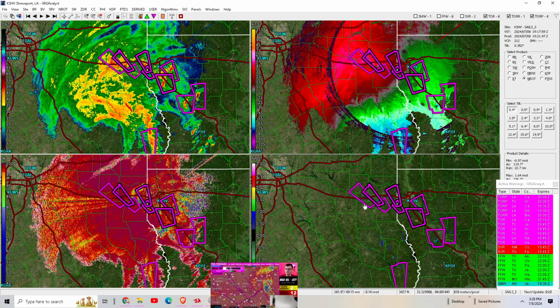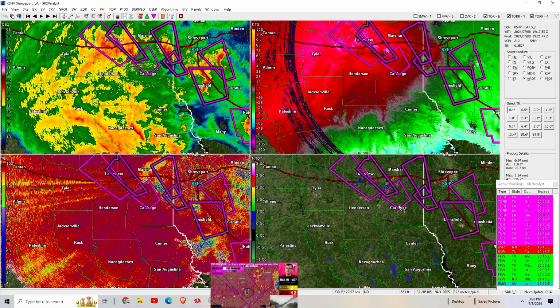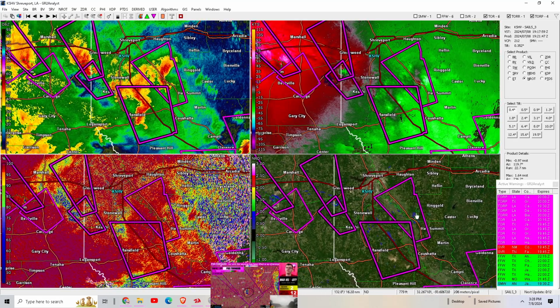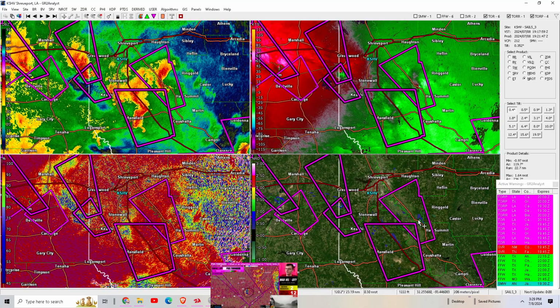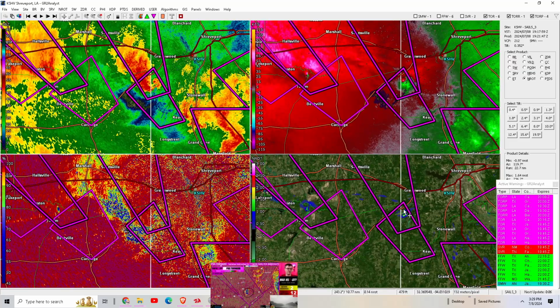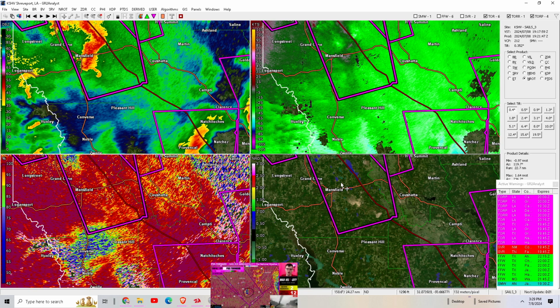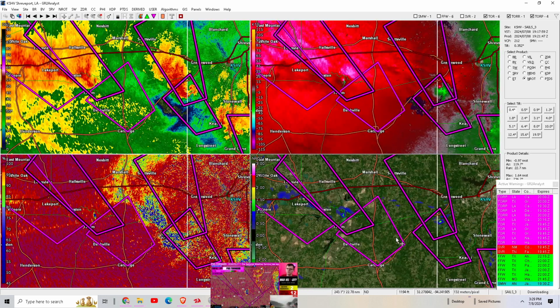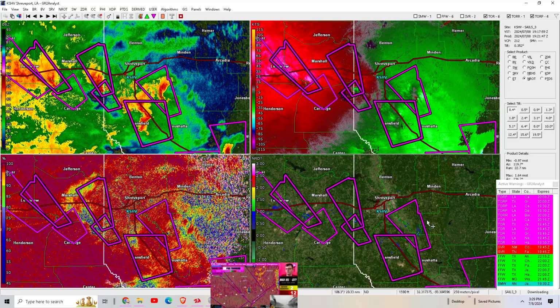Huge debris ball right now also east-southeast of Longview, Texas. It's a big-time debris signature right now. Just to the southeast of Longview, Texas. This thing has grown over the last few scans. It is moving again west-northwest towards Longview and Interstate 20. Look at that thing just blow